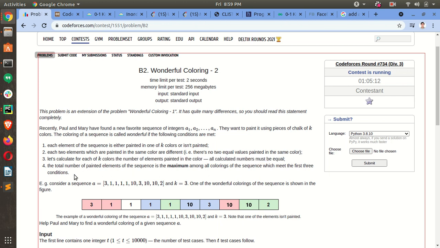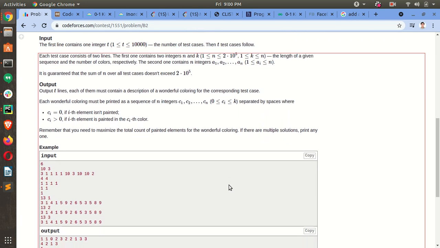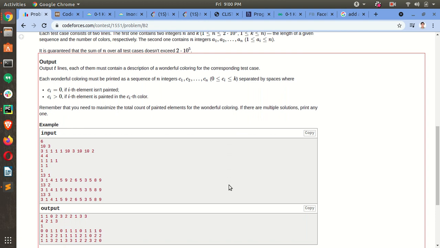And the fourth one is that the total number of painted elements is the maximum possible over all colorings. This is another condition. So how to solve this problem?